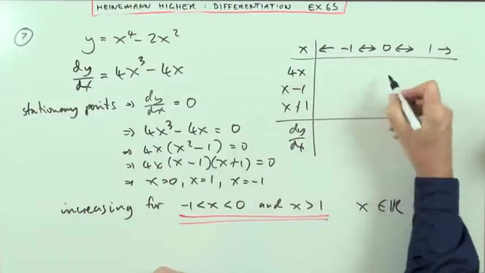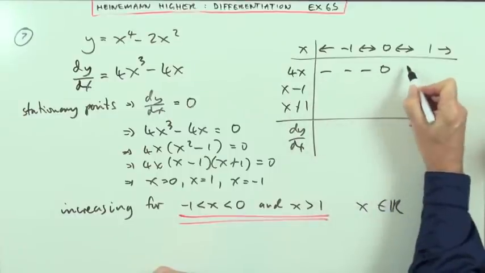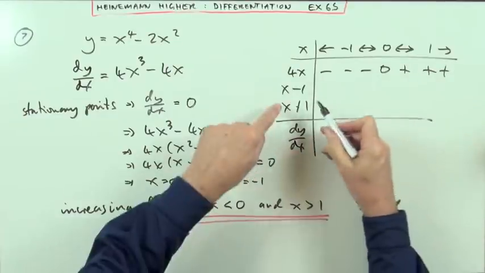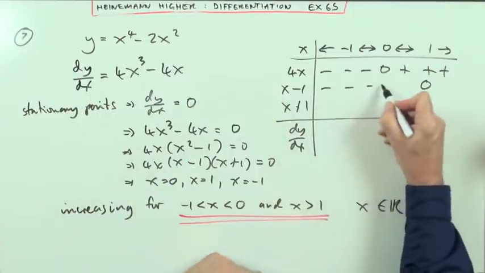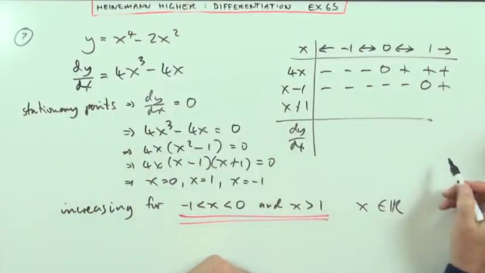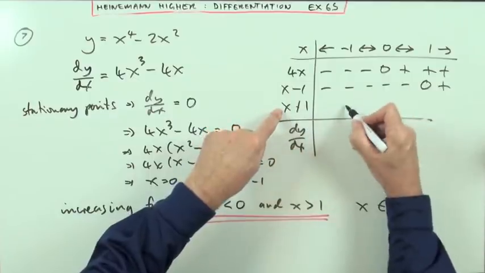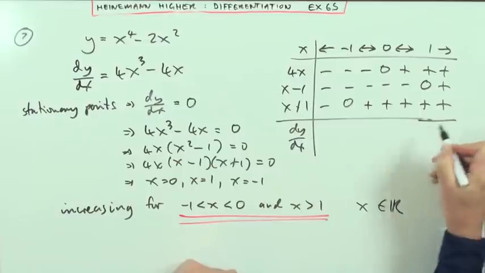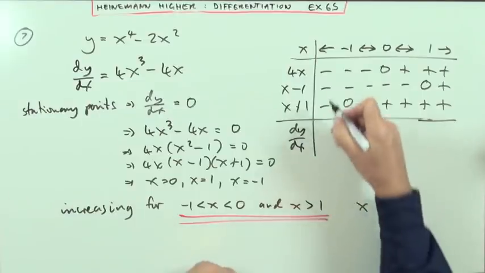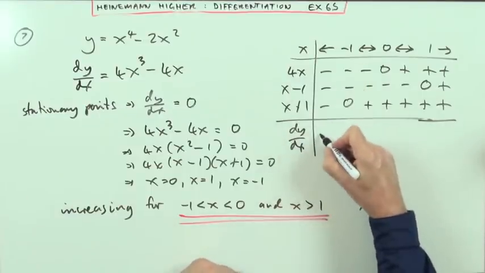x at 0, this term's 0, so it's negative before, and it's positive after. This term is 0 when x is 1. So it's going to be negative before and positive after. This term is 0 when x is negative 1. So it's going to be negative before and positive after. It takes up a little bit more room, but there's no calculations involved here. So that part's going to be negative,